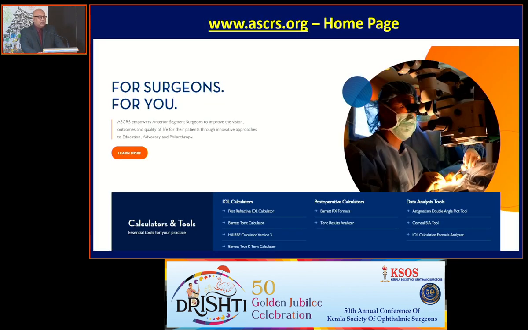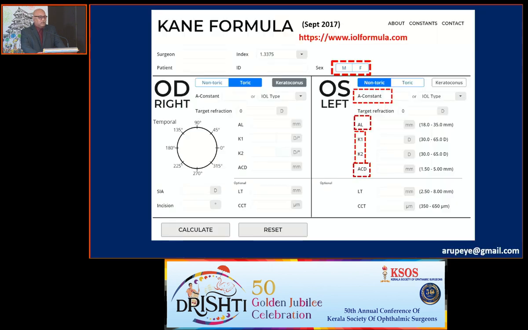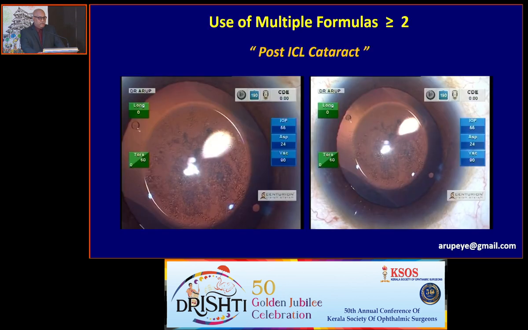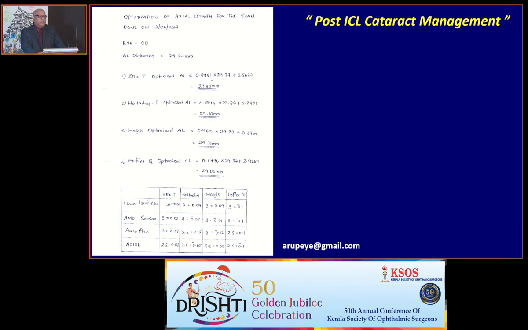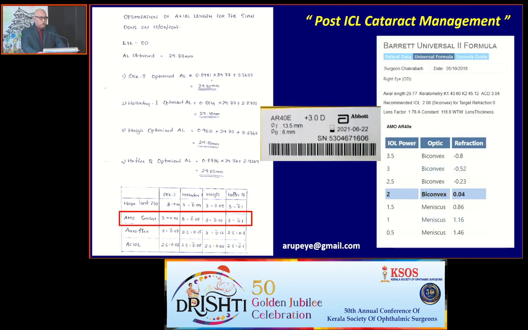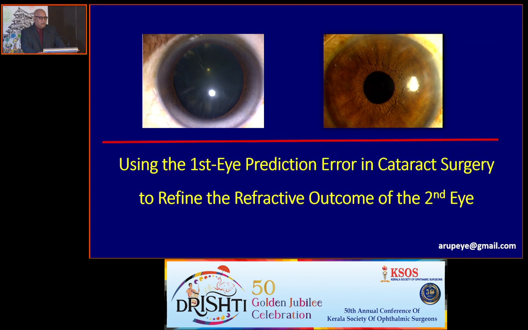And on asrs.org, this particular homepage gives you a lot of options. The Kane formula is the new kid on the block. It gives better results for toric IOLs and for keratoconic eyes, and there are a lot of studies. And for the extremes of eyes, small axial length and large axial length, I use multiple formulas and then take a decision appropriately. So friends, please remember that,